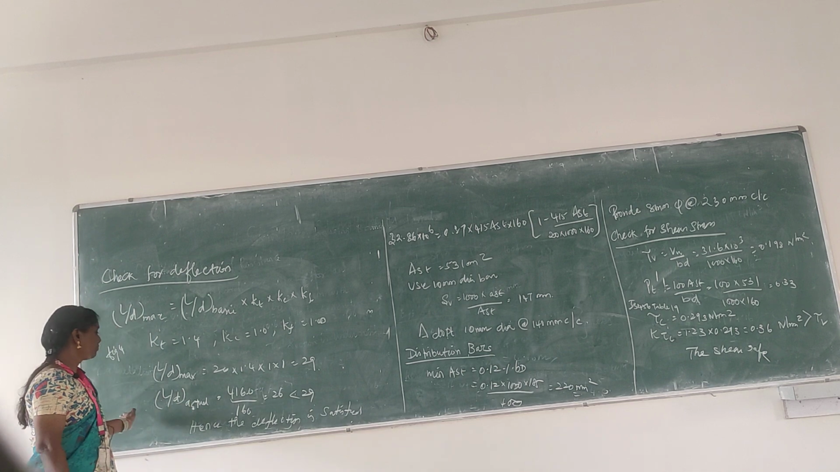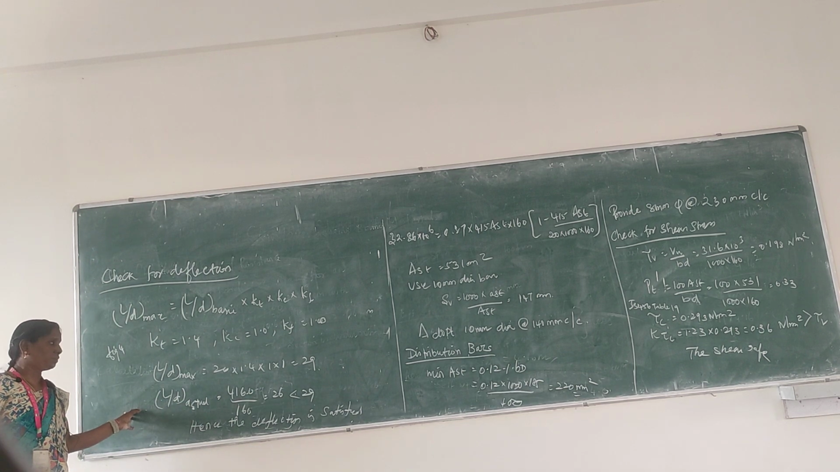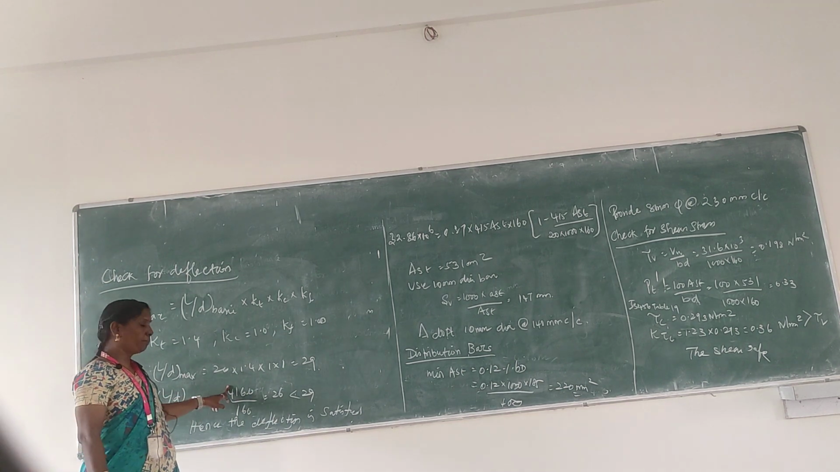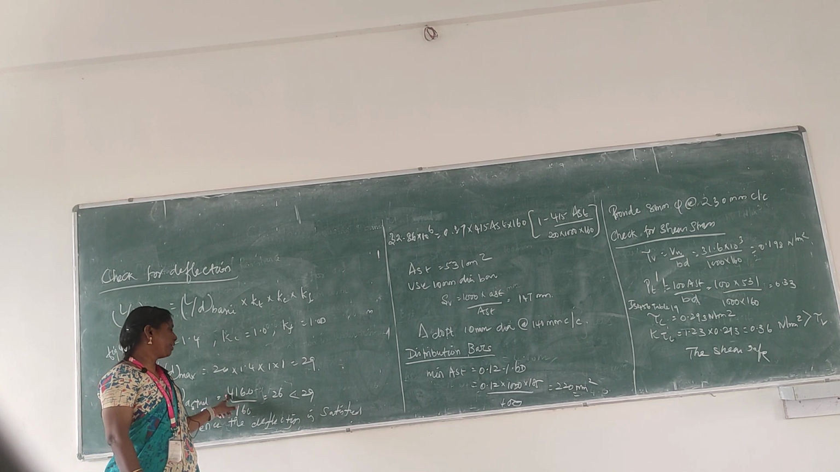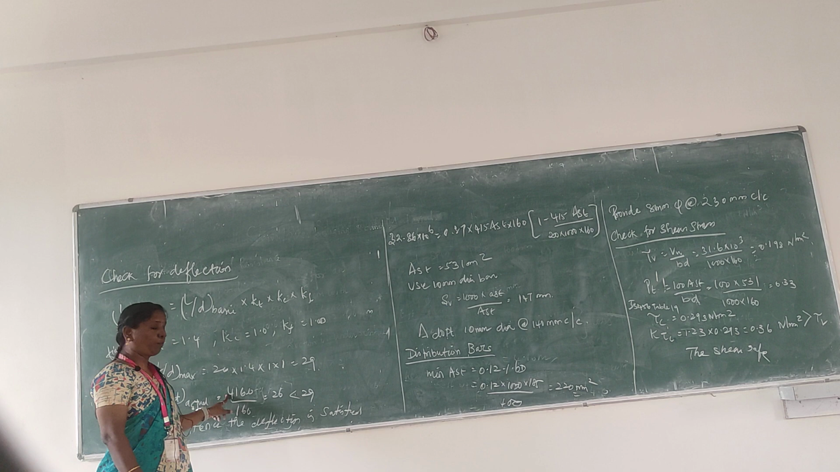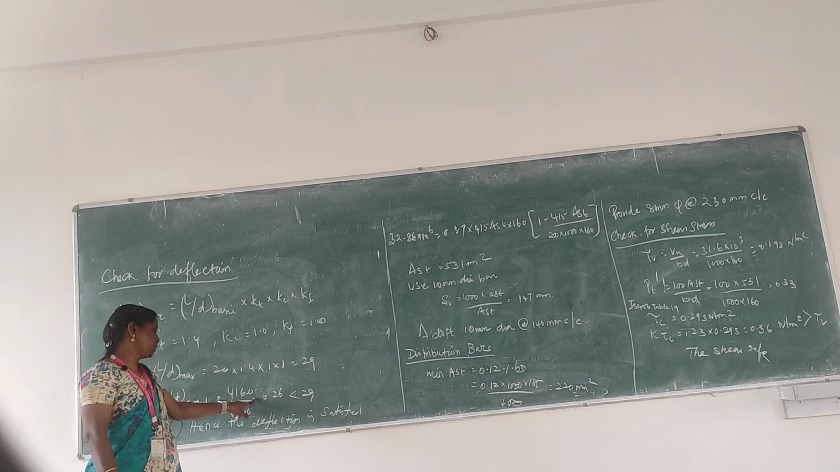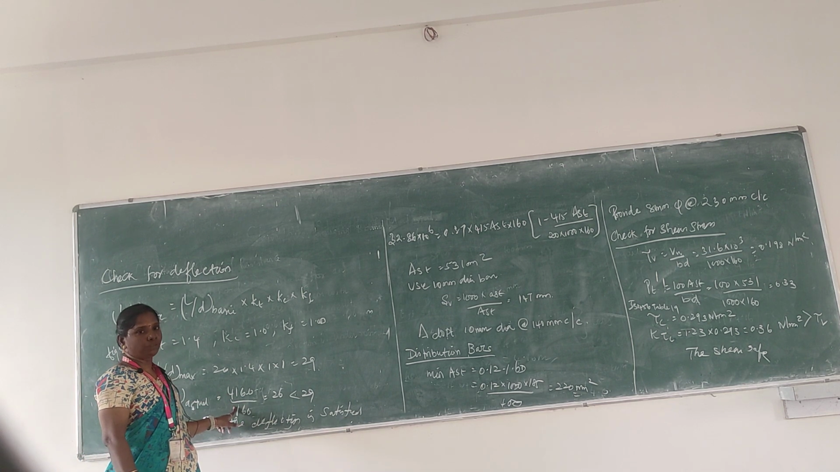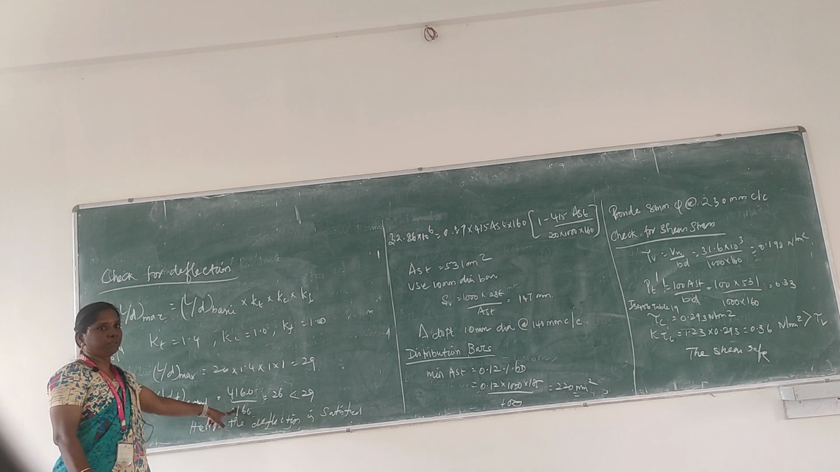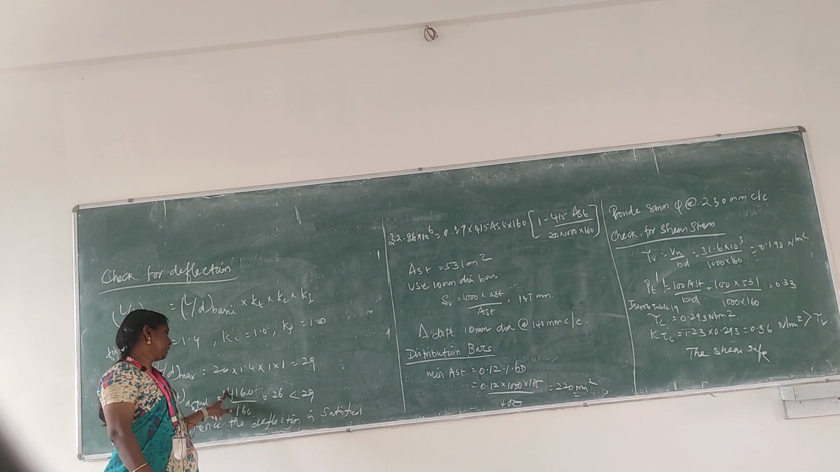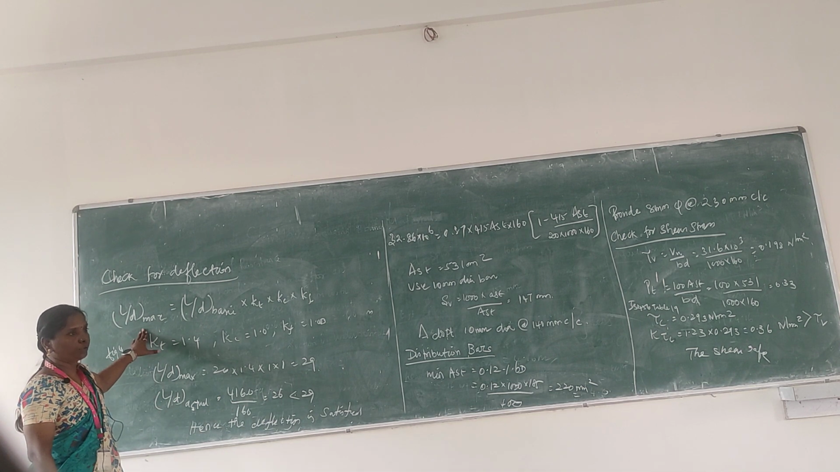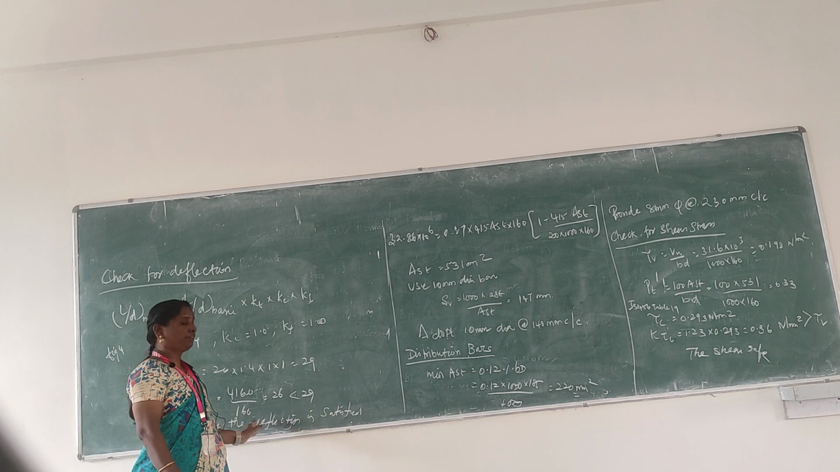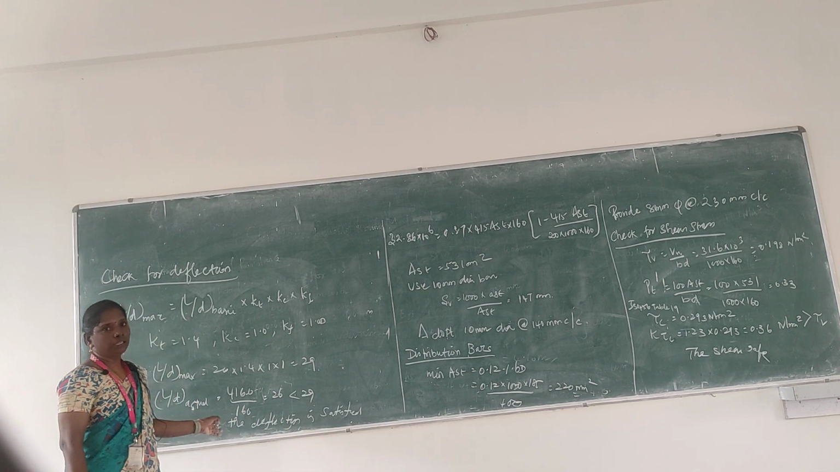Now, we go for L by d actual. L by d actual is the span by depth value. We provide the effective span, that is 4.16 meter, that is 4160 mm, divided by effective depth, that is 160 mm in this problem. The value is coming 26. So, therefore, L by d actual is 26, L by d maximum is 29. Therefore, the deflection is satisfied. Okay. So, now